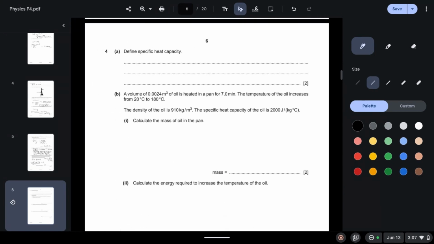Question 4. Define specific heat capacity. So specific heat capacity is the thermal energy needed to raise the temperature of a unit mass by 1 Celsius. Required